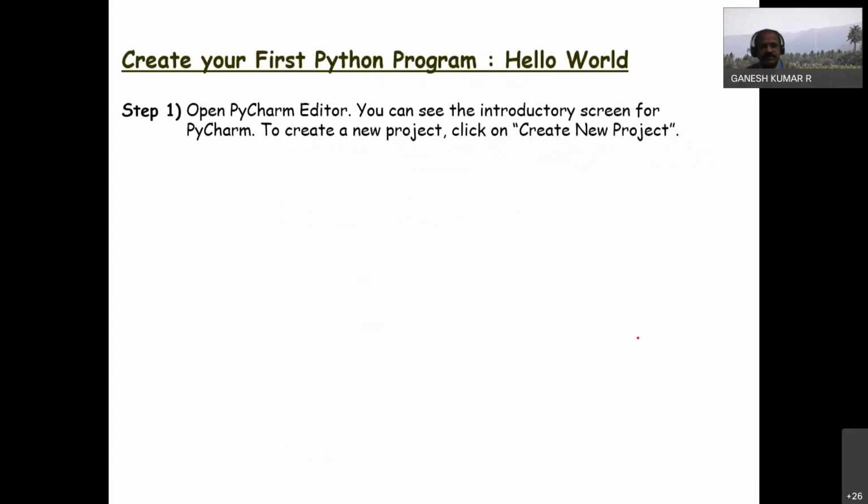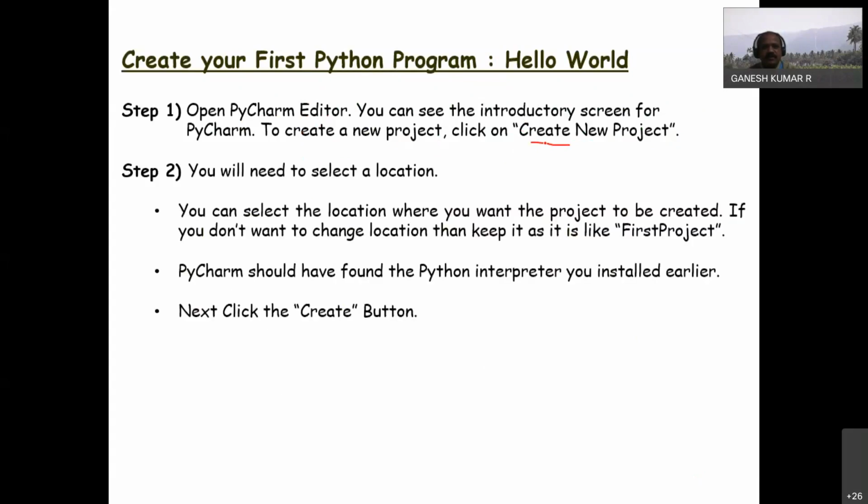After the installation is successfully done, to create a first Python program you need to open the application by clicking the editor. You can see the introductory screen for PyCharm. To create a new project, select the create new project option. Then you can select the location where you want the project to be created, stored, and accessed.